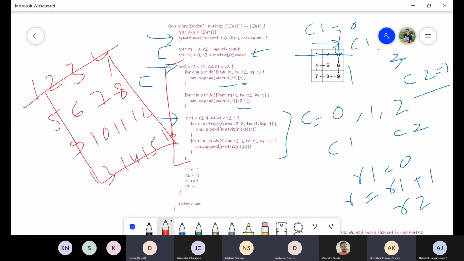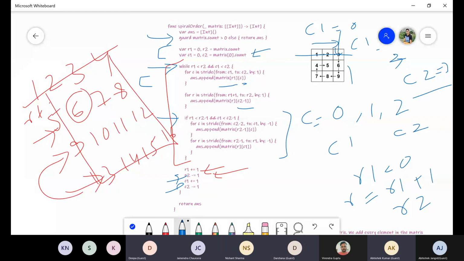Now initially R1 is 0, right? This is row, R1 is 0. Now R1 should start from here only, so this is row 1. So I increase the row with this. Similarly, R2 was this one, the maximum possible number of rows. Now I need to reduce R2 from this to this. So I reduce R2 here. Similarly for the C1 and C2 part. Same for column also. Okay, got it.